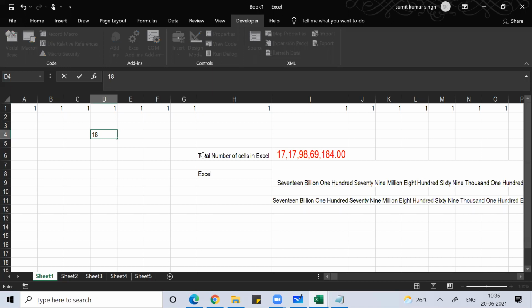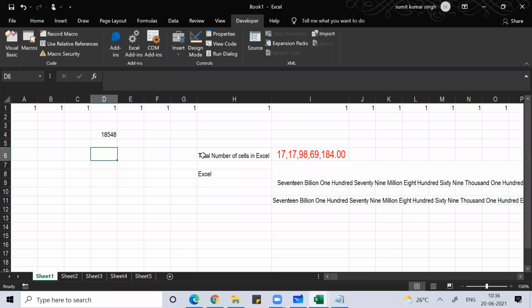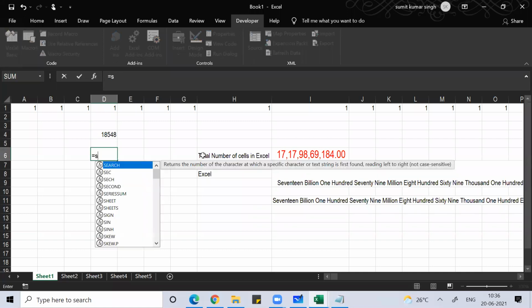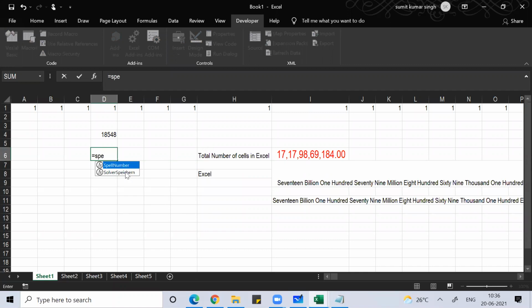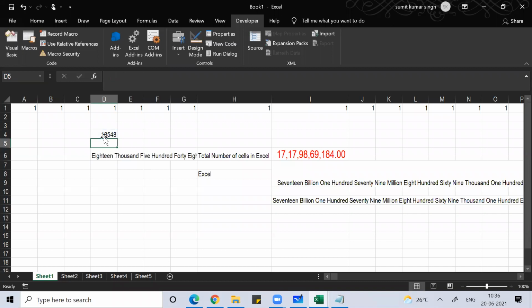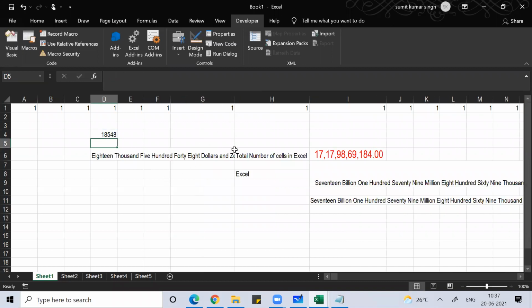So any number you write, suppose 18,354, anything you write here, and if you write here spell number, you use this currency spell number, select this, press enter, it will give you the answer. Everyone, are you able to get that?